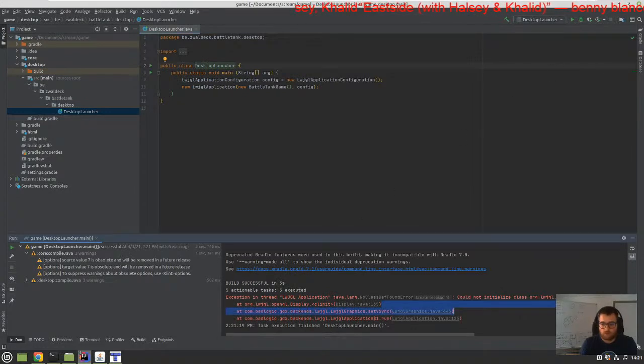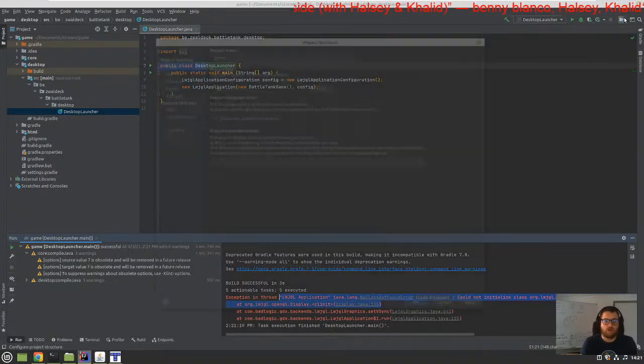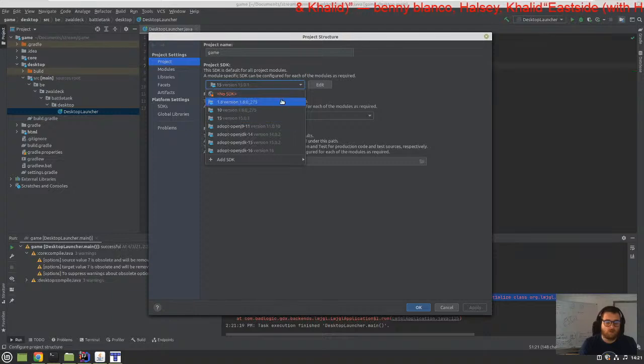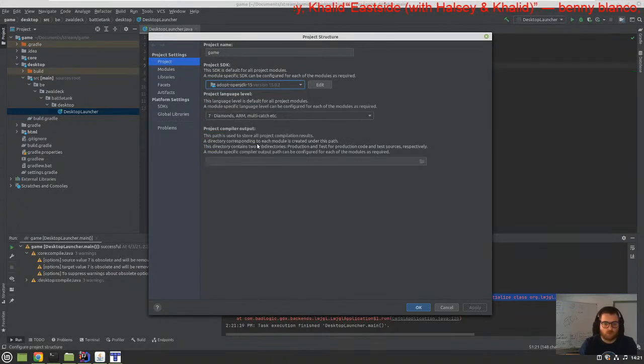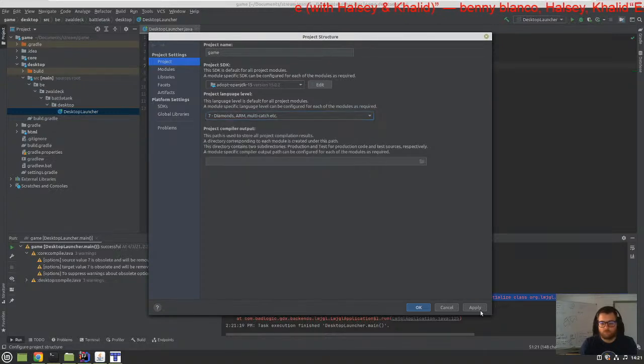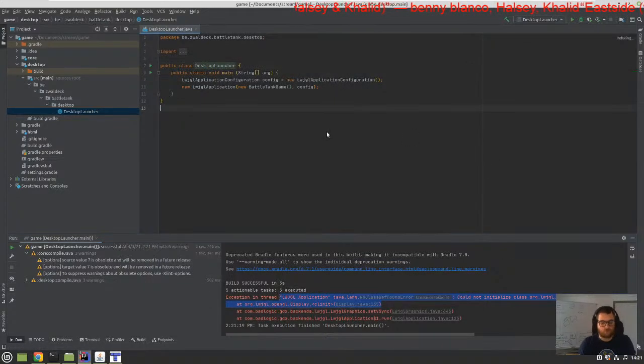As you can see, it cannot initialize this one, so we are using the wrong JDK. I want to use JDK 15, but with the Oracle one, it's not working for some reason. So we use the OpenJDK one, click Apply, and of course,